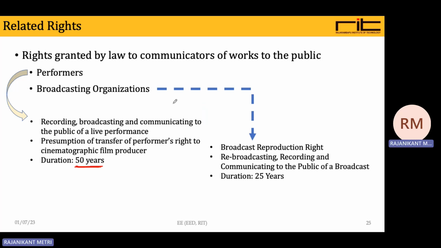The second one is broadcasting organization. So one can broadcast, reproduction rights, rebroadcast, recording and communicate to the public, and its copyright duration is 25 years. So you see that